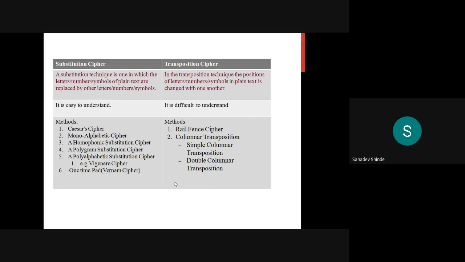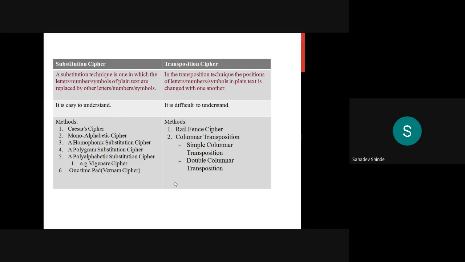That is called the substitution cipher. In the transposition technique, the positions of letters, numbers, and symbols in plain text are changed with one another.